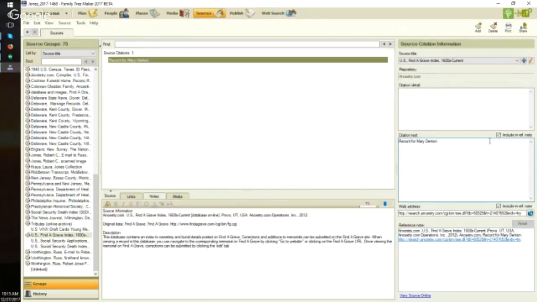Now I've got some cleanup to do. So I'm going to, first of all, I consider citation notes data for me. The citation details become the citation or the full reference note. Again, I am not in a source template. I'm in the free-form version, the default. Now I've got to clean this up a little bit. I'm going to put an enter, space, colon, space, accessed 27 December